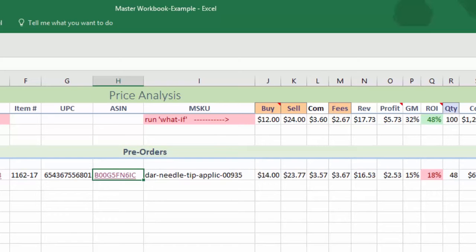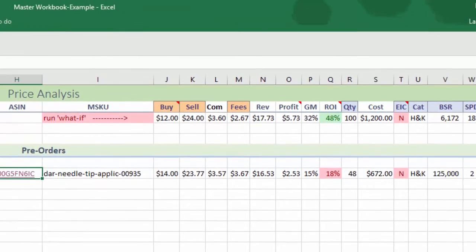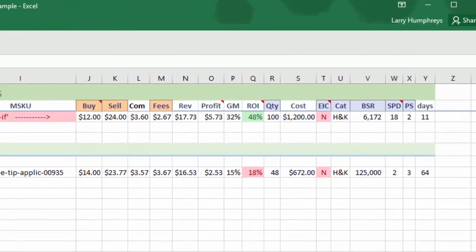The buy column is the wholesale purchase price, also known as cost of goods sold. The sell column is the Amazon sale price. Com is the Amazon commission, or referral fee, typically 15%. Fees represent the order handling, pick and pack, and weight-based FBA fees. Rev represents the revenue, or the sell price minus the commission minus the fees. Profit equals the revenue minus the buy cost. GM is gross margin, ROI is return on investment,